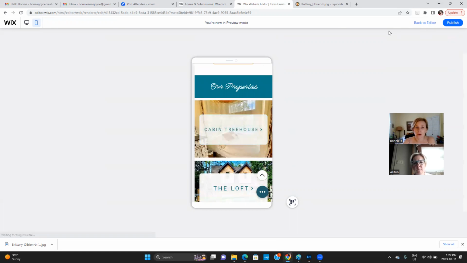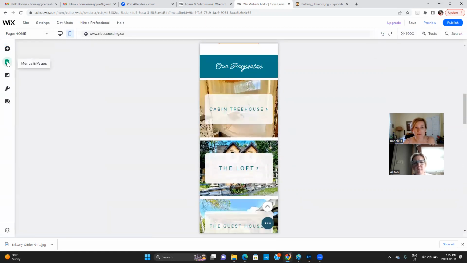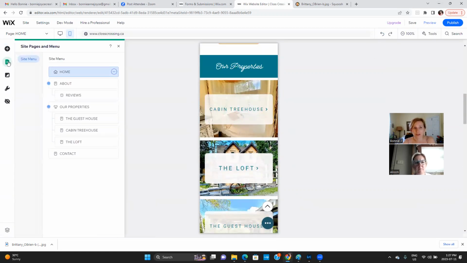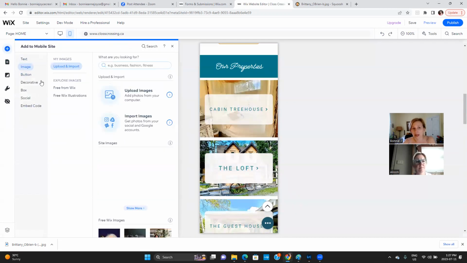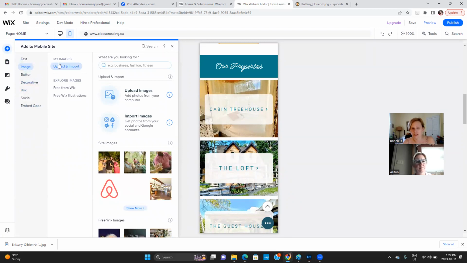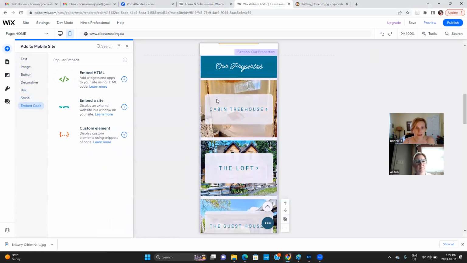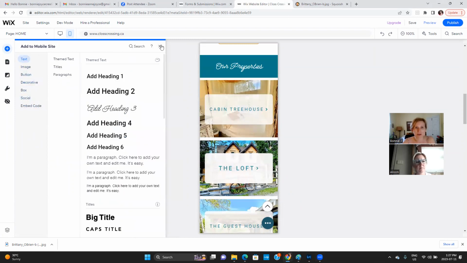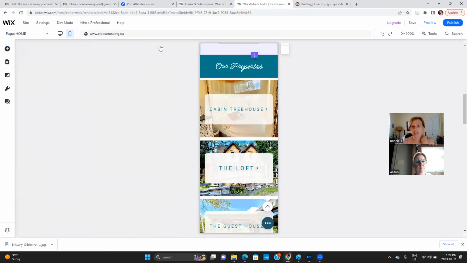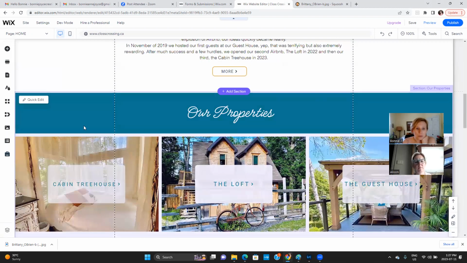And again, with the mobile site, you're going to navigate between the pages and menus in the same way. And then they have this little add button, but it's a pared down menu of options. So there's not as much that you can add to mobile. It's a little bit simpler because you're working with what's designed on desktop. So of course, don't forget to save changes if you make any changes on mobile.